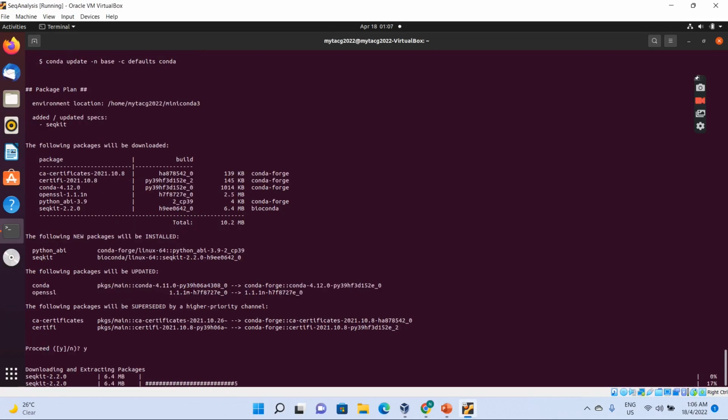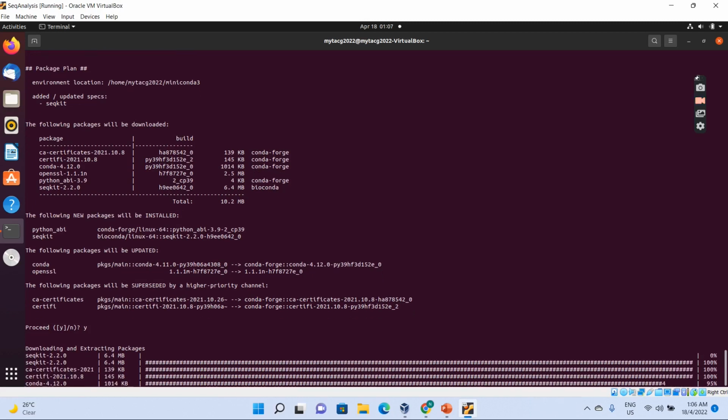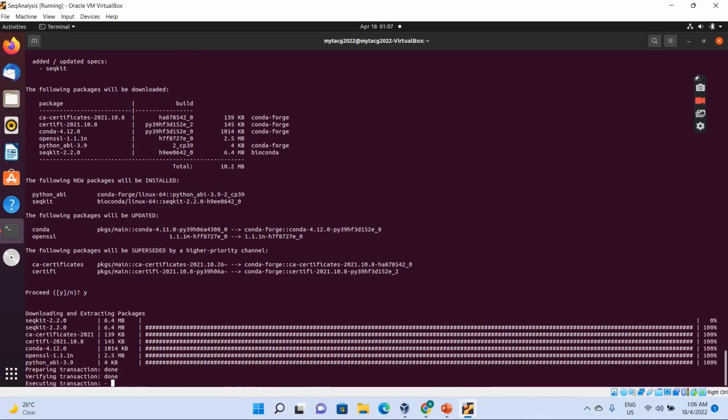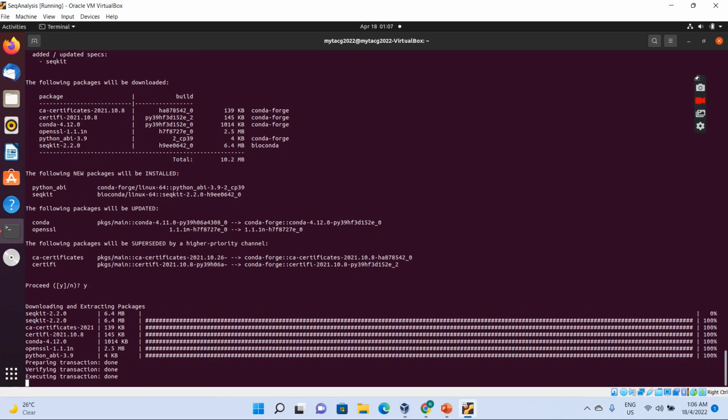Just type Y, and then it will start doing all the things. So installation is done for seed kit. Where does seed kit actually keep in